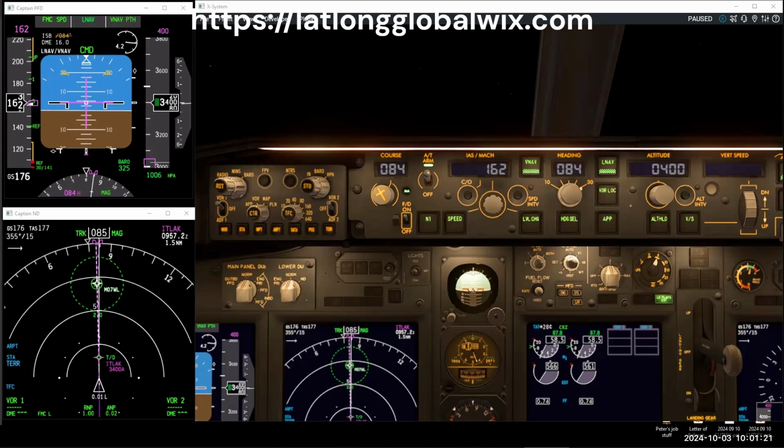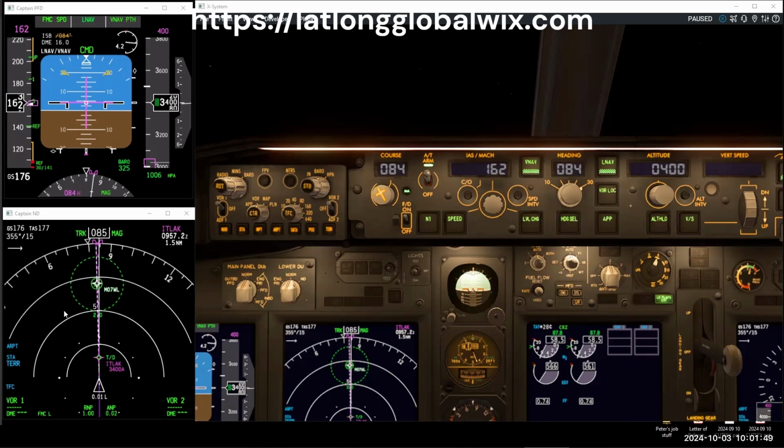remember that the final descent, second stage final descent, is really where we would configure, 2 nautical miles before that. So some carriers teach to draw a 2 nautical mile circle around the final descent point. And I think that's a great idea to trigger us at that point to the gear down, flaps 15, speed